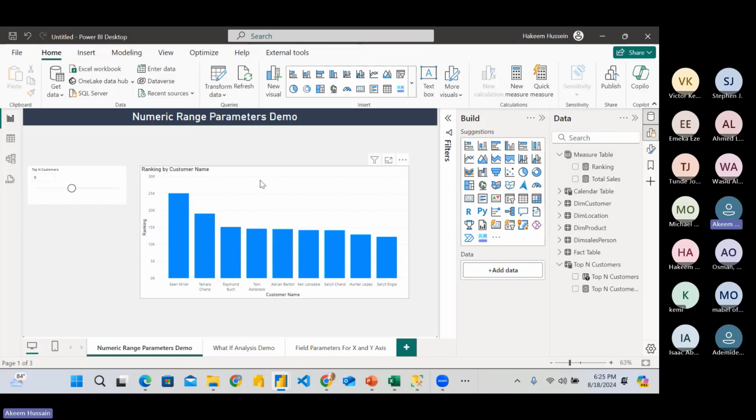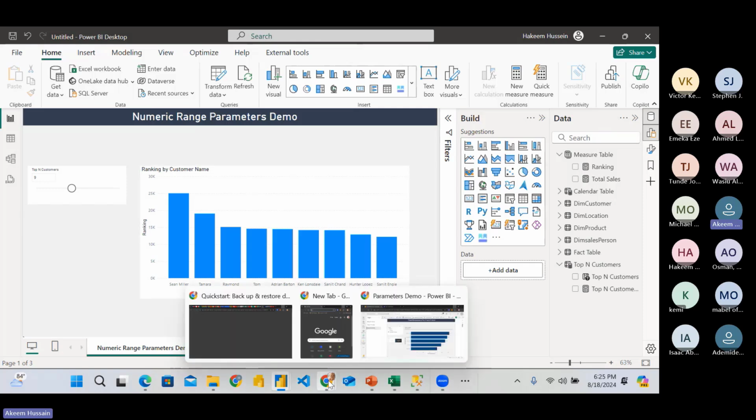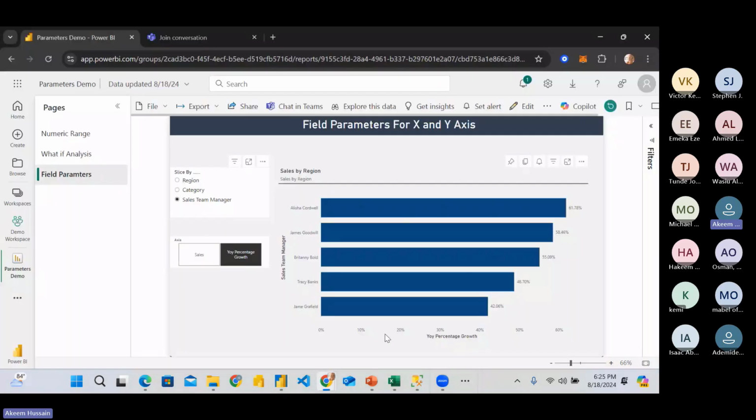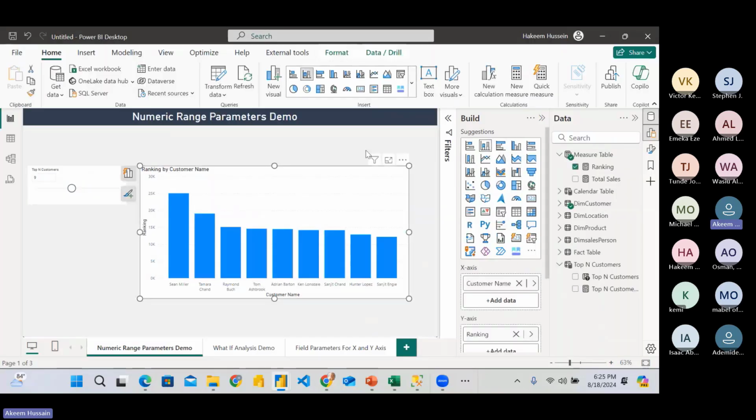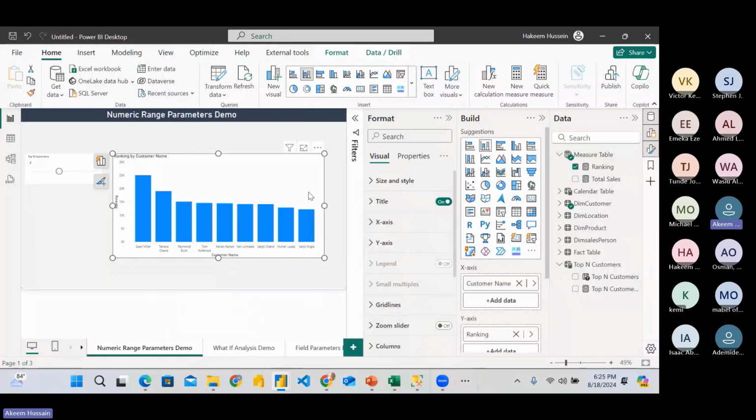Okay, so every other thing that is left to achieve what we have in this diagram is just a thing of formatting. So let's go ahead and do some little formatting to this chart. The first thing that I'm going to do in terms of formatting is my